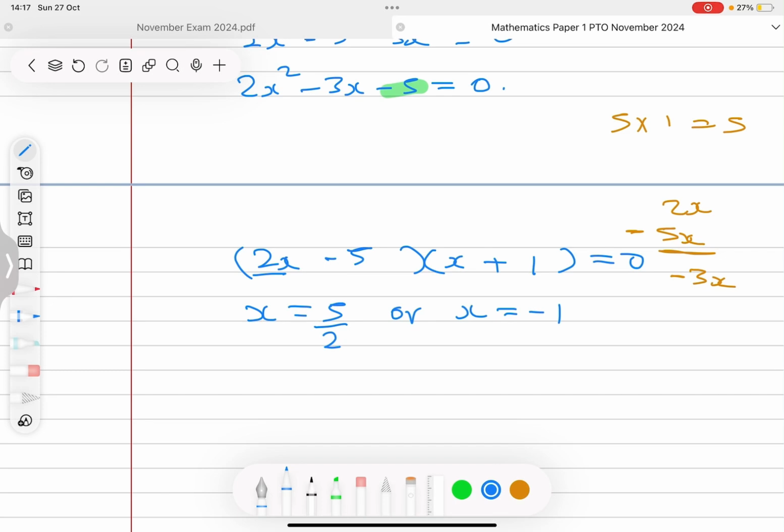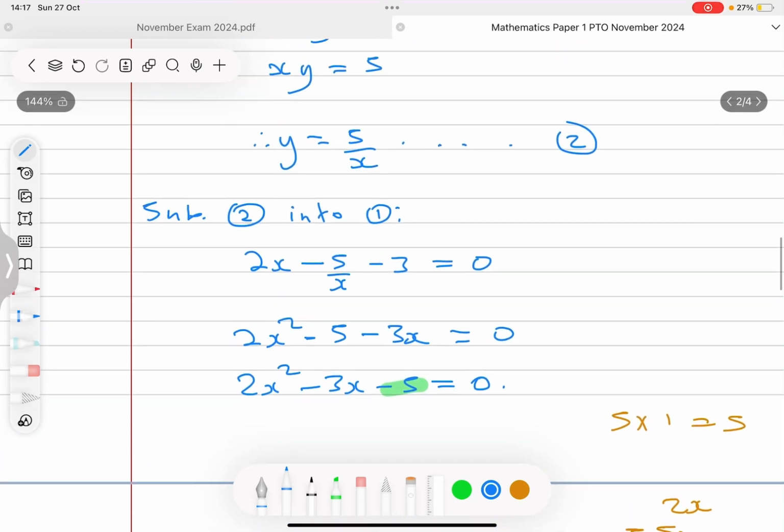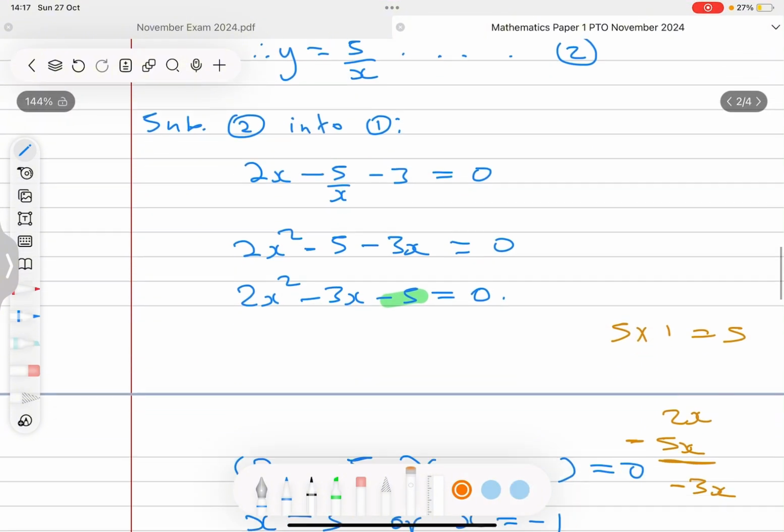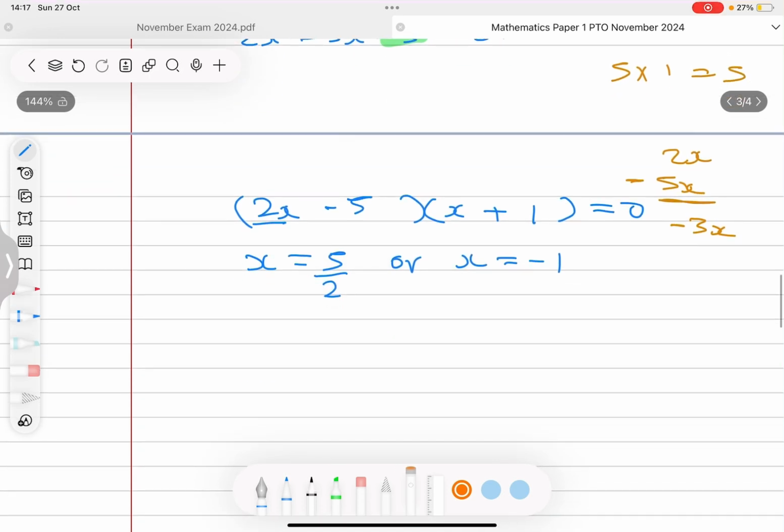So now I have found the values of x. I need to find those of y, because it's the simultaneous equation. Now to find those, I'll use this equation here. I'll say from equation 2, which says y is equals to 5 over x,